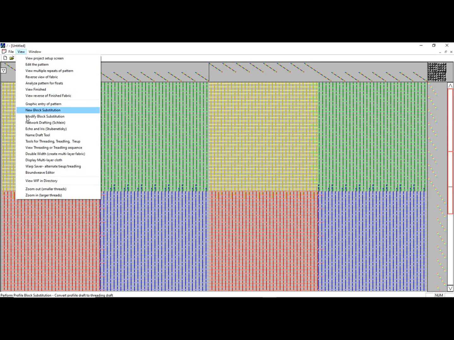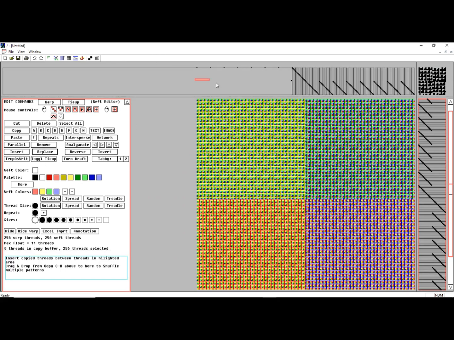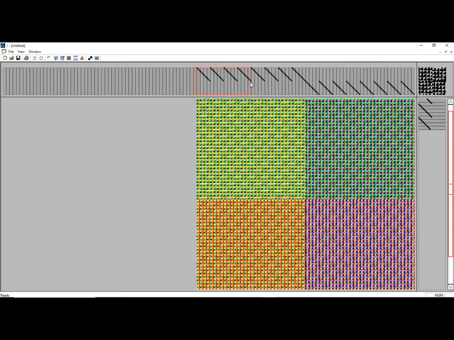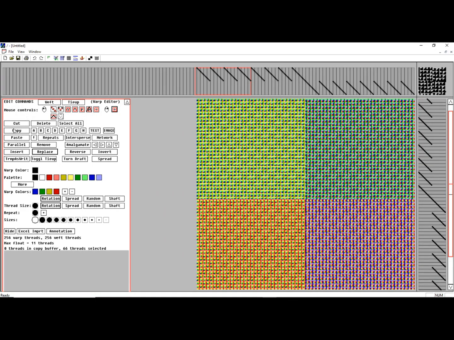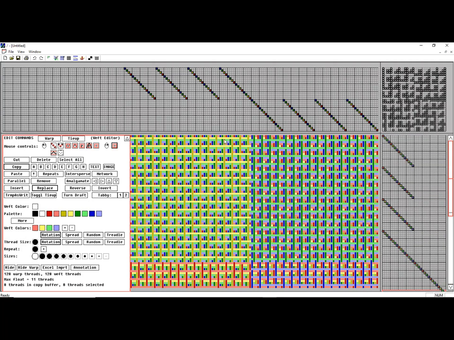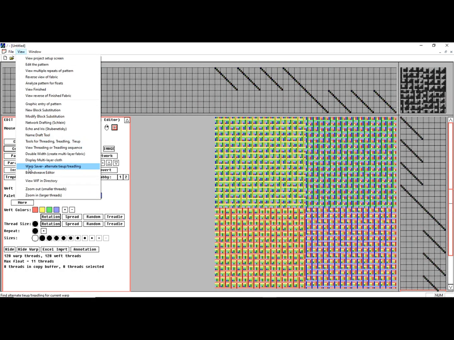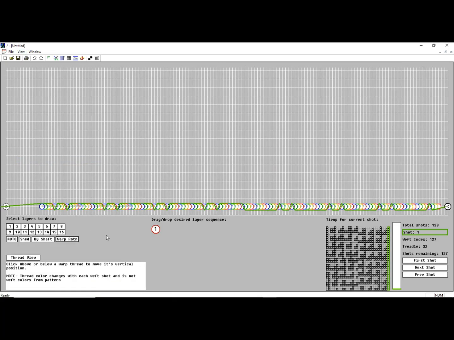So the other tool that is potentially useful for this, if I look at the multi-layer cloth, that structure is actually a little larger than I can view with the multi-layer cloth. So what I'm going to actually do is go through and cut it in half. So I've cut that. So I've now got a smaller version of this pattern. And when I scroll up, I can see I've still got a respectable amount of it. Now when I go to the display multi-layer cloth,